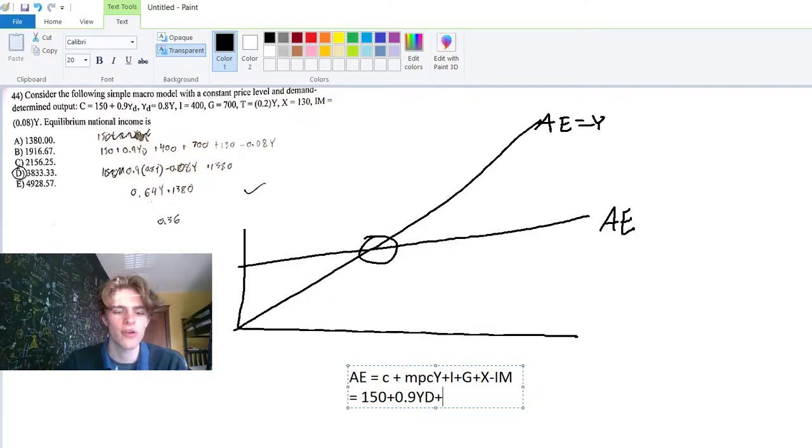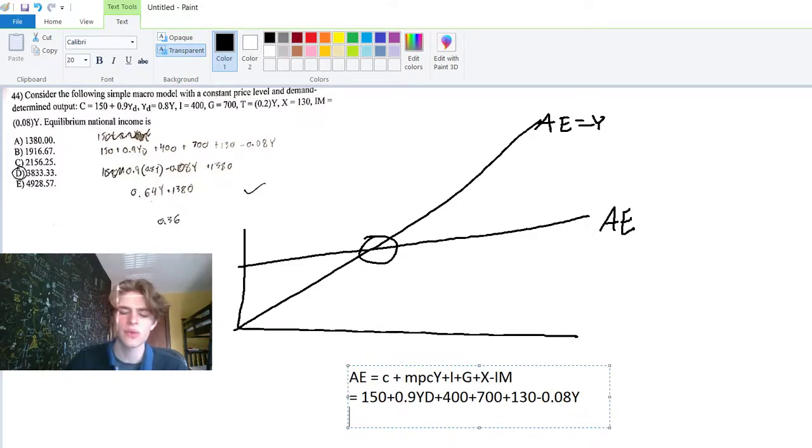So that means it equals consumption is 150 plus 0.9 YD plus 400 for investment plus 700 for government plus 130 for exports minus 0.08 Y. So some of these are Y and some of them are YD. So this one that's YD here,